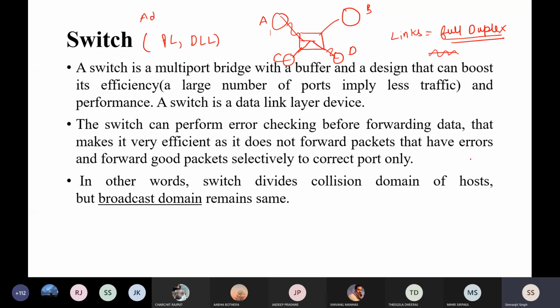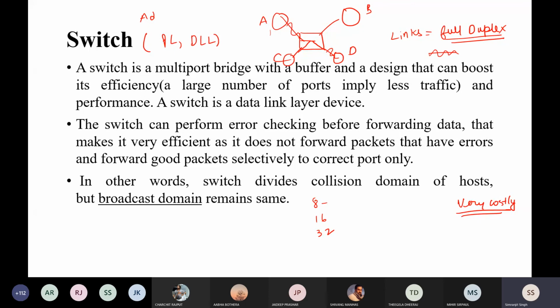The only disadvantage of a switch is that it is very costly. This is a multi-port switch. In your lab, you may have seen that your switch has 8 ports, 16 ports, or 32 ports. So what exactly is a switch? It is an extension of a bridge. A bridge only contains two ports, while a switch contains 8, 16, 32 or 128. So switches are very high multi-port bridges.